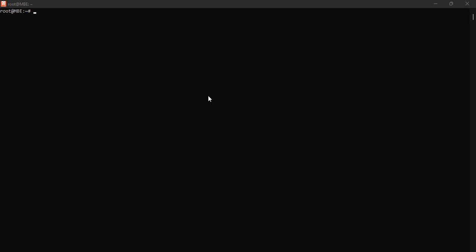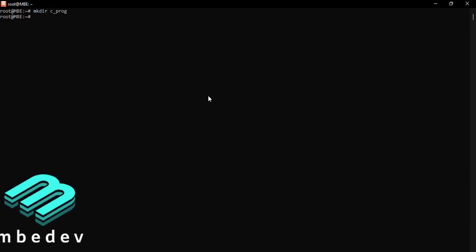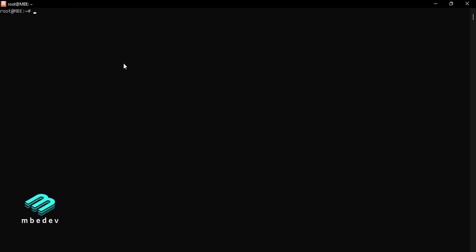So I'm just going to create a directory in my root, so make directory C program. So when I ls, you see that I have a directory called C program here. Now I can cd into C program